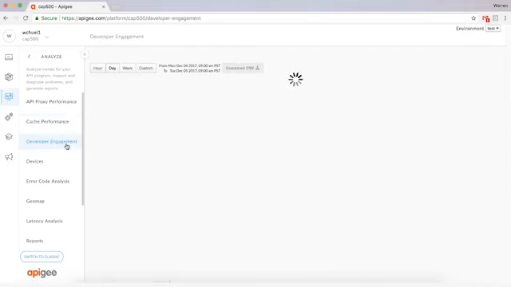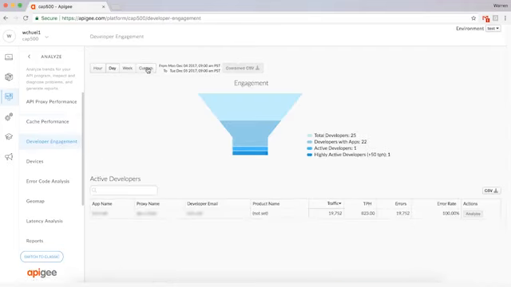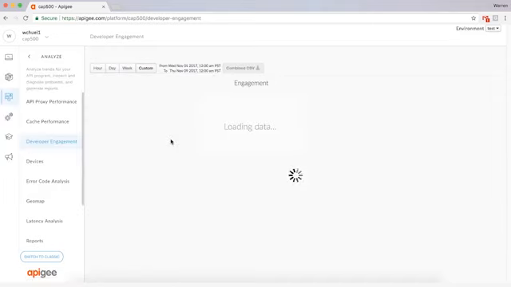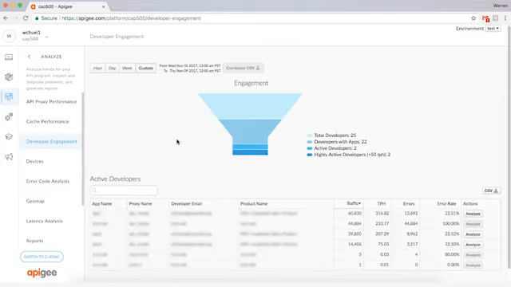Developer engagement analytics is very helpful as it gives you insight into the app developers using your services and the frequency in which they use them. From here, you can determine the adoption rate of your services and can adjust accordingly. Do your APIs need to scale due to an unexpected increase in app developers? Are your APIs not meeting the levels of adoption you were expecting? These are the types of data you can determine from this page.